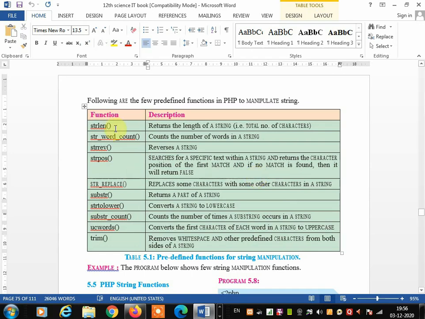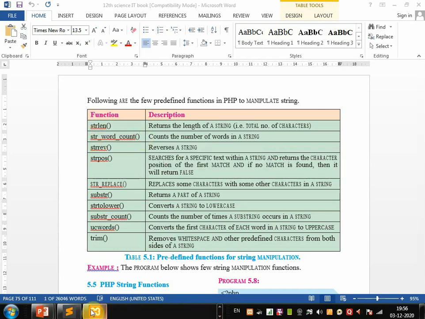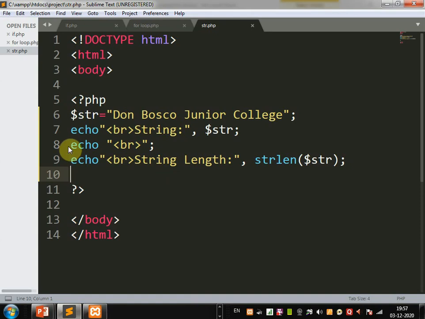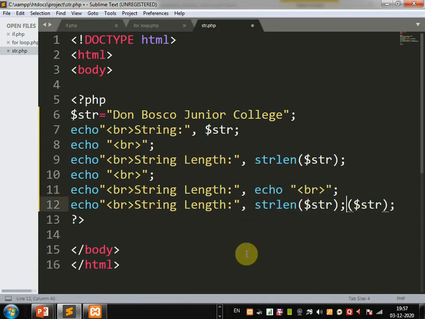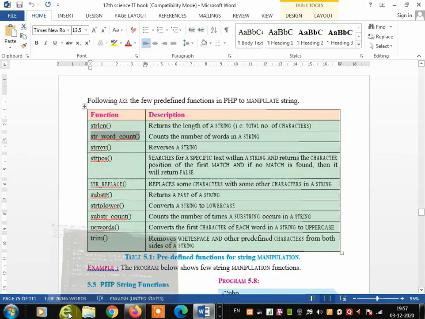So the first function we have learned. The second function is str_word_count. We are going to use this function in our program now. So we are going to copy this string, so we get the output one below the other. Here I am going to write and change this function. Which function are we going to learn?